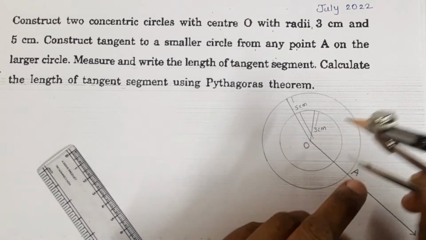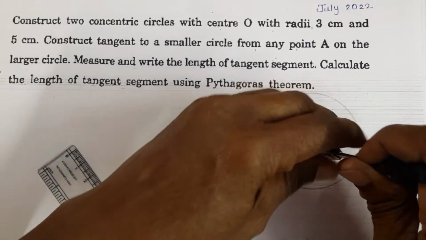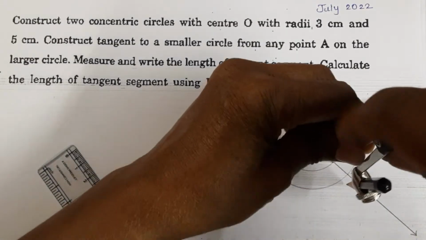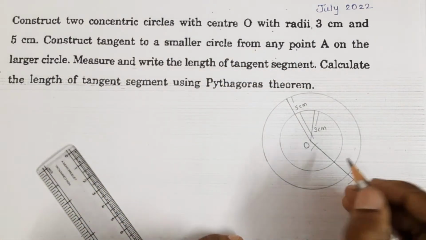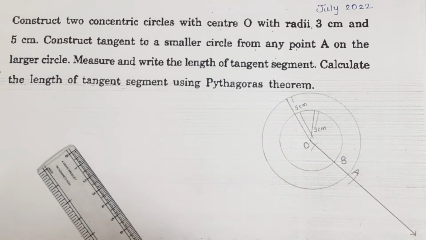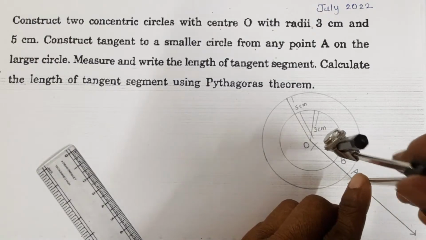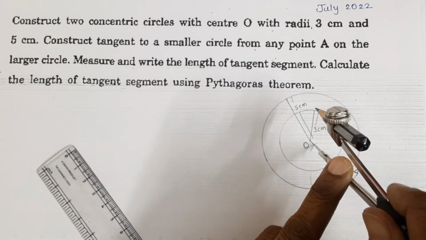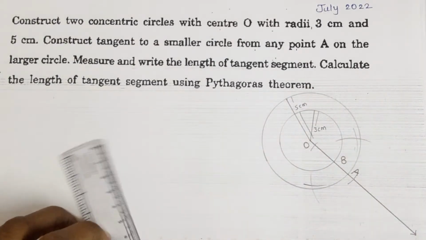So taking this, and then here, draw the perpendicular bisector from this point, and that point is nothing but, students, you write down B point. Okay, then this way. Yes students, if you draw this way,